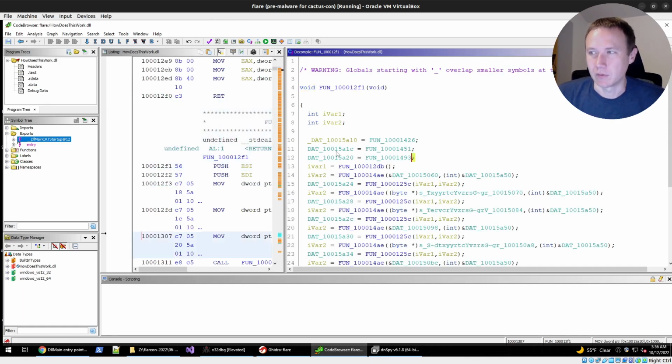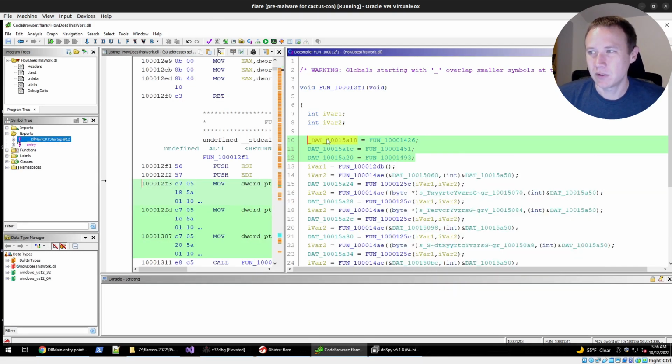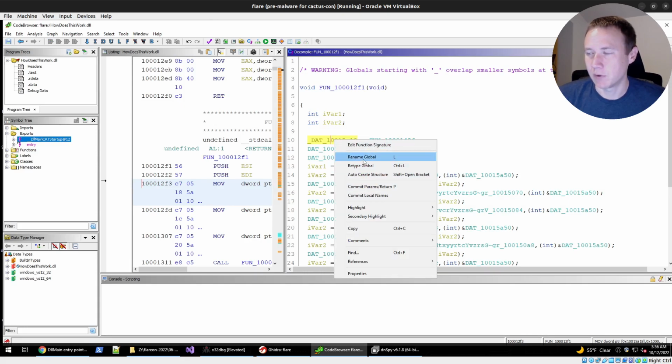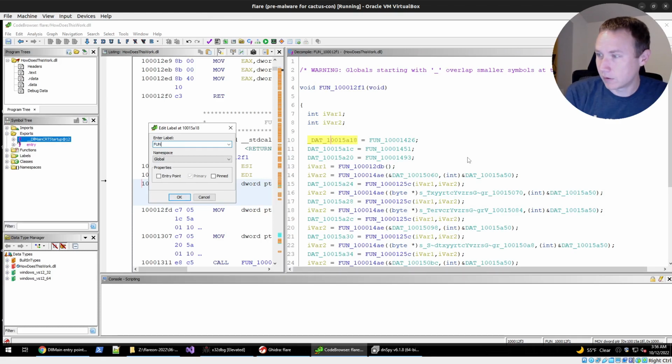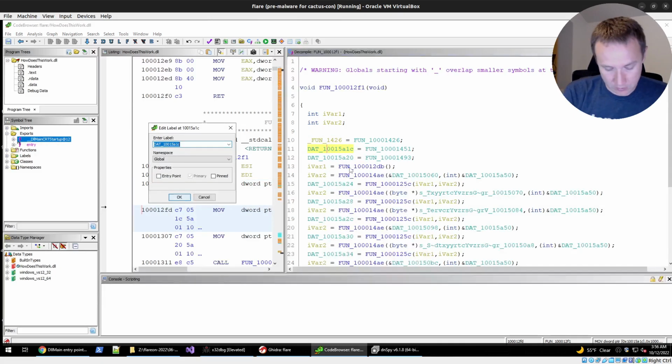So we can look at this, and then we start off right here with three just setting function variables into these. What I'll do with these globals, I can go and look at these functions and figure out what they do, but just to start off right away, I can rename these globals things like FUN_14, 26, just like that, right? And now we can rename this one FUN